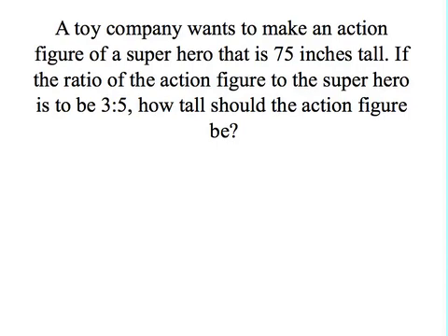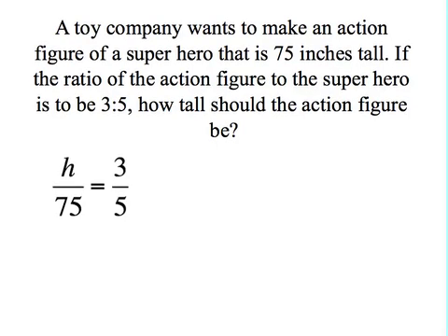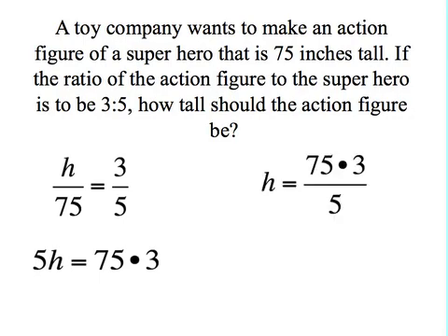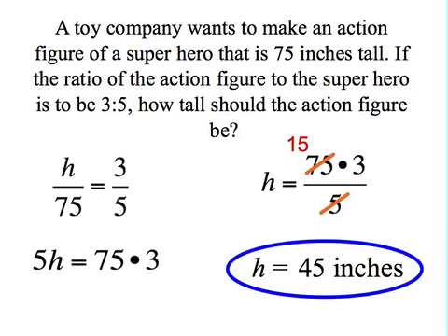So this is the proportion we're going to set up. H will stand for the height of the action figure, and that is to 75, the height of the superhero, as 3 is to 5, where 3:5 is the desired ratio. So we apply the means extremes property, and we get that 5h is equal to 75 times 3. And then we know that h is equal to 75 times 3 divided by 5. Well, 5 goes into 75 15 times. We cancel, and then we simply do 15 times 3 to get 45 inches,